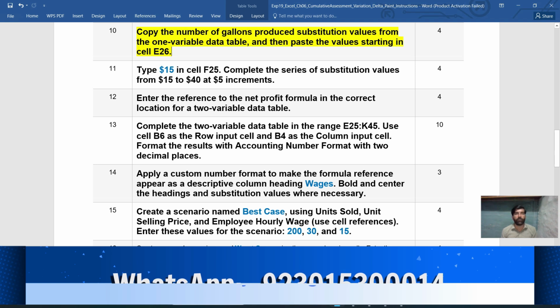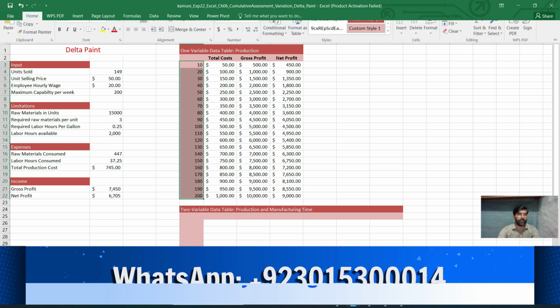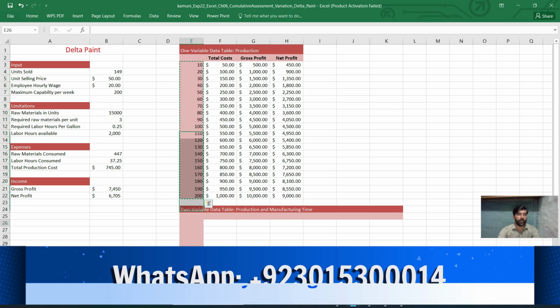Dear student, we have to copy the substitution values from the one-variable data table and put them into cell E26. This is a simple one. This is the value that we just copy and paste into E26.